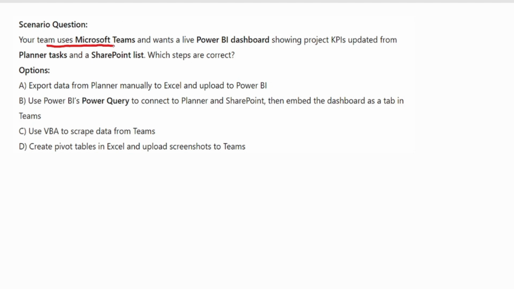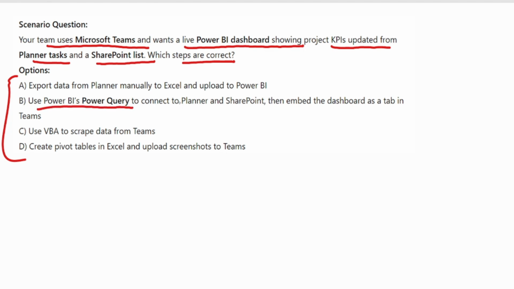Your team is using Microsoft Teams and wants a live Power BI dashboard showing project KPI updates from a Planner task and a SharePoint list. Which step is correct? So the correct step here is option number B. We use Power BI Power Query to connect to Planner and SharePoint, and then embed the dashboard as a tab in Teams.